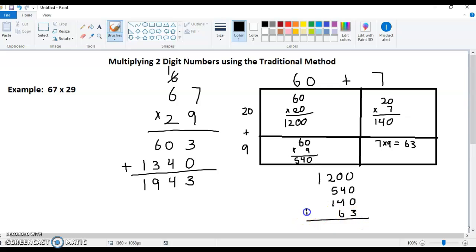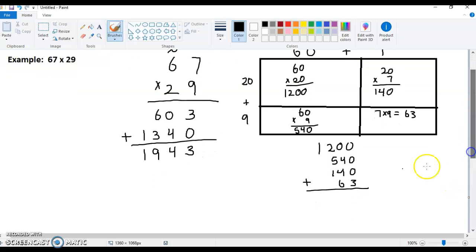63, there you go, okay. And we'll add them together, so I go 0, 0, 0, 3. 4 and 4 is 8, 8 and 6 is 14. See, so far, there's a 3 here and a 3 here, and a 4 here and a 4 here. Let's see here. Let me make sure I did this correct. 540,